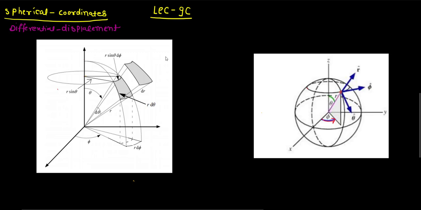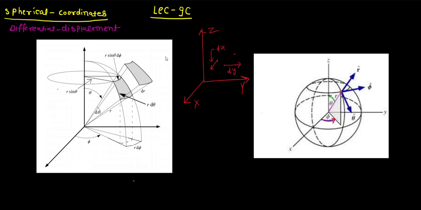Now let's look at the Cartesian coordinates in order to make it better understandable. So in the Cartesian coordinates, this was our x, y and z. Now the length of the infinitesimally small element, let's say we are at this point, and when we are going into the x cap direction, then we represented this very small length by dx, and when we are going into the direction of y, we represented this length by dy, and similarly when we were going into the direction of z, the length of this element we represented by dz.